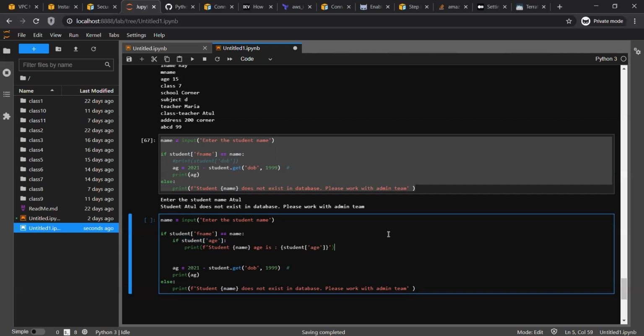Let me put double quotes because we are using single quotes in here.